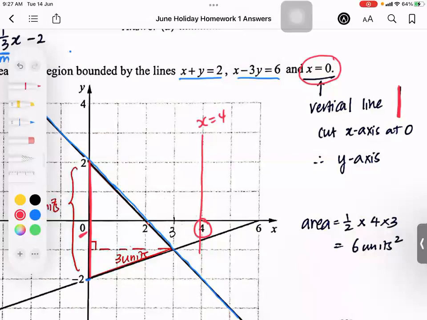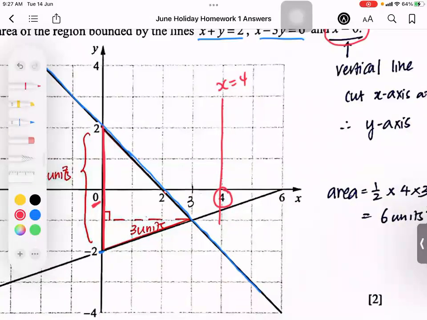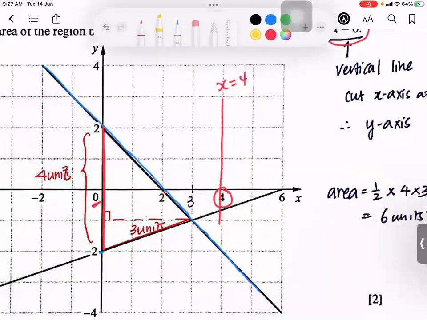x equals 0 will actually cut the x-axis at the number 0, which is actually my y-axis. So if I have just now the blue line, the upward sloping line, and now bounded by the y-axis, that means it's actually looking at the area of this triangle over here. Okay, so I'm looking at the area of this triangle. Area of triangle is half times base times perpendicular height. So we try to find the base, which will be 4 units over here. Then the perpendicular height from here all the way to the tip of the triangle will be 3 units,